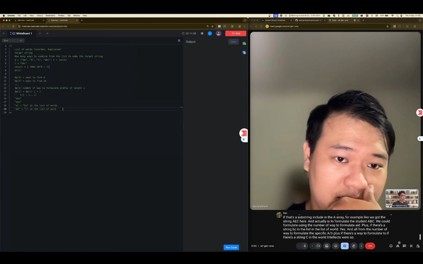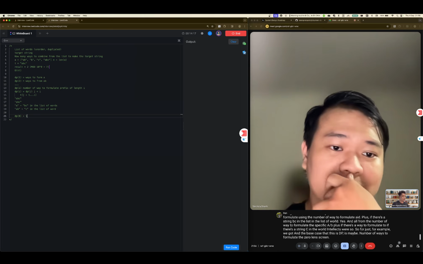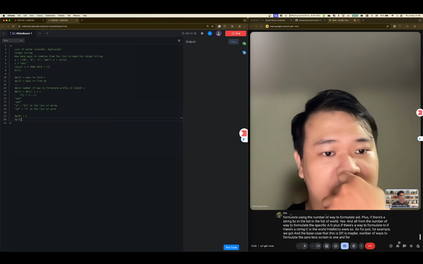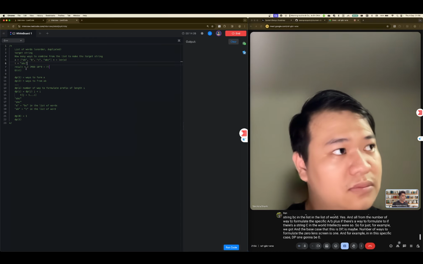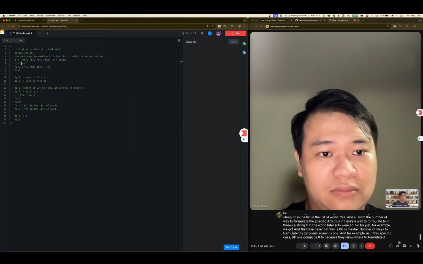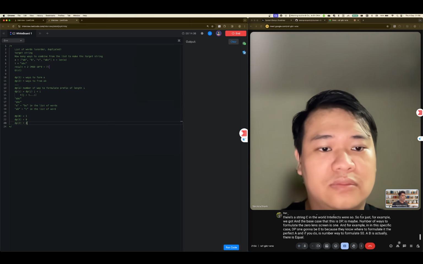So for example, the base case of this is DP0, the number of ways to formulate the zero length string, is 1. And in this specific case, DP1 is going to be 0, because there's no way to formulate the prefix A. And DP2, the number of ways to formulate this prefix AB, is equal to DP0